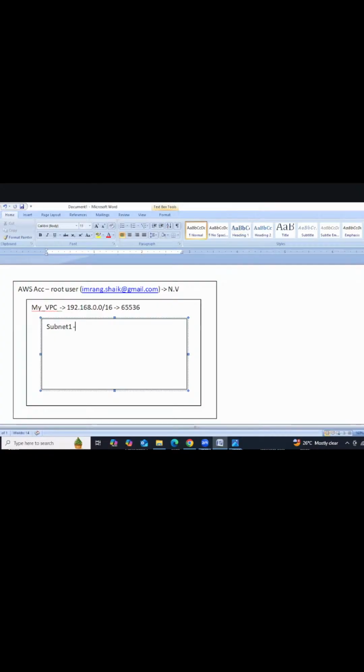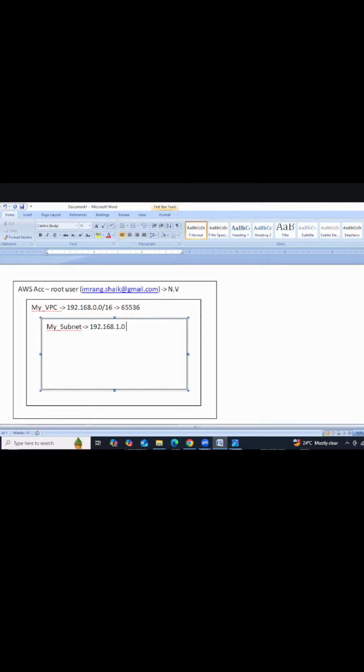How do we create the subnet? I'm providing the subnet name as my subnet. This is the total network, /16, which means 65,536 combinations. From these 65,536 combinations, I'm assigning 256 combinations to the subnet. How to assign? 192.168.0.0, or 1.0 also you can give, it's not a problem.